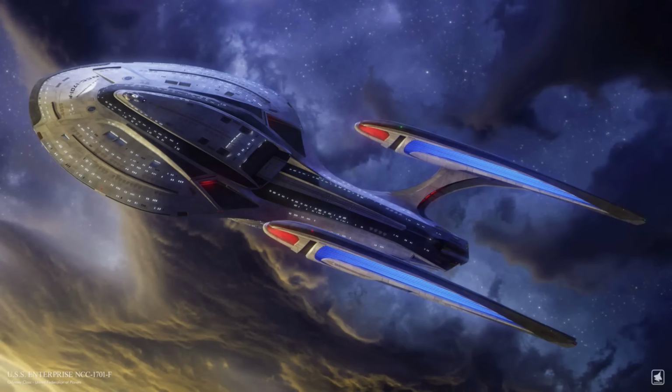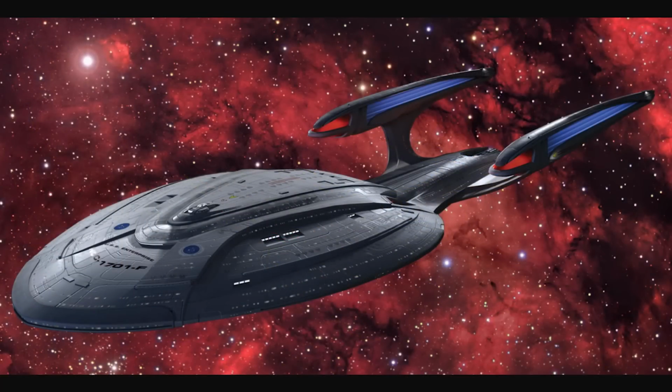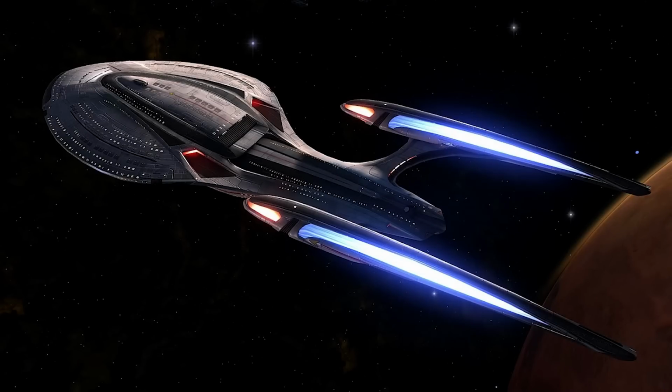I don't think it's going to be a radical redesign, because I think there's a lot of fans out there that love this design. I think it looks great. I think it would be wonderful to see, in a live-action series like Picard, as opposed to just existing within the Star Trek Online video game. So if I had to put my money on it, I would say our chances are probably better than not that the Enterprise-F will be, if not the exact same design from Star Trek Online, significantly inspired